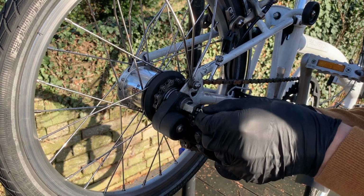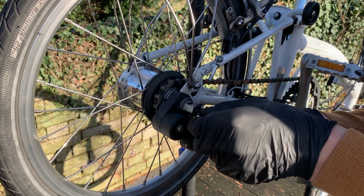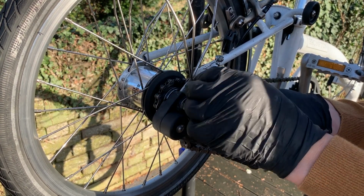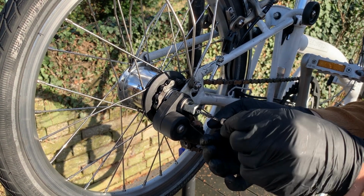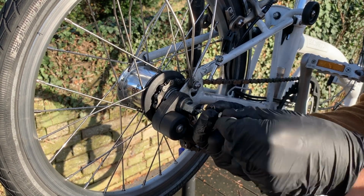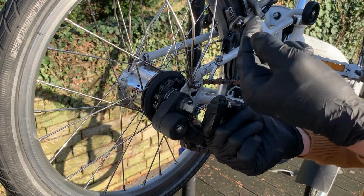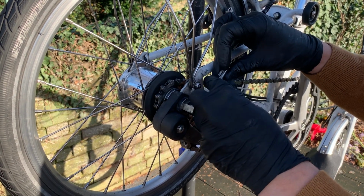Fiddly Sturmey Archers. That's latched. I'm trying to do this up but without moving this. If you tighten it right up, you'll notice that it probably won't align up. So what I do is I tighten it up completely, but don't tighten it up hard. You just want to feel to the end of the thread and then back it off one turn so it's got some freedom of movement. And then reconnect this part here,